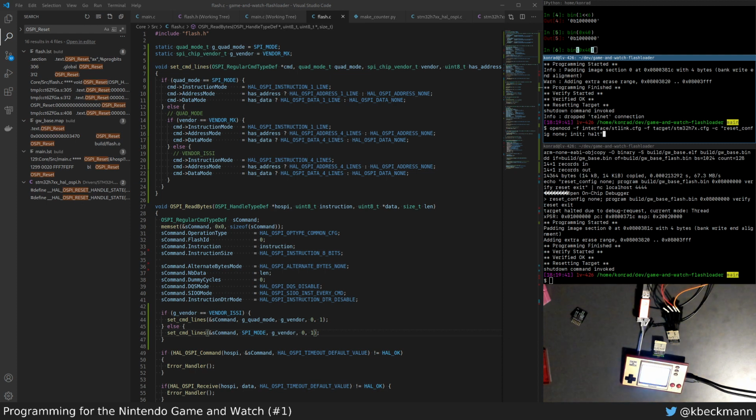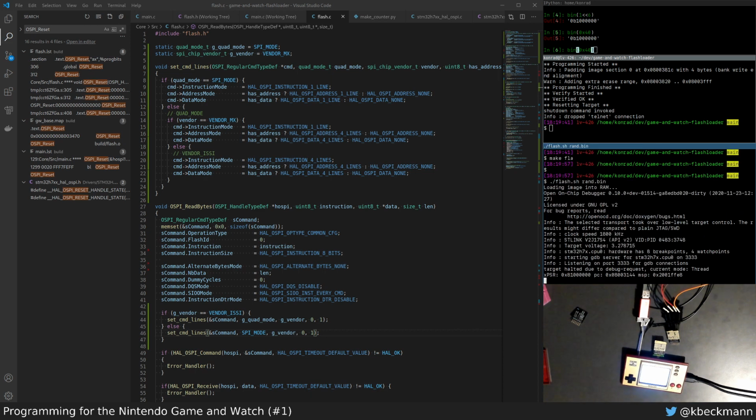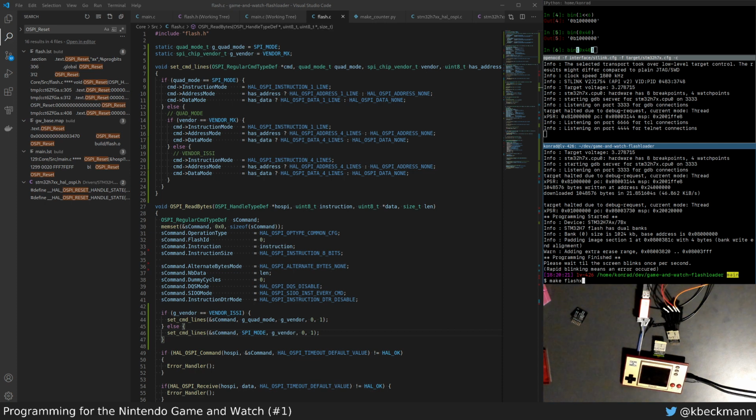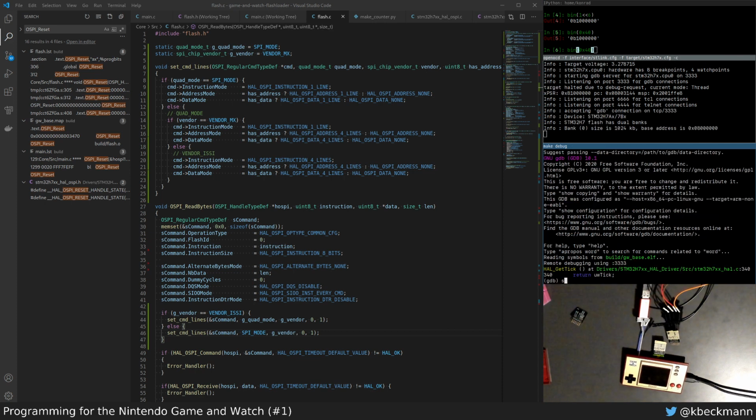Okay, I think I got it. So the issue was that my nice code, so to say, was a little bit too nice. It turned the read of the status registers into a quad read, which is not really correct for this chip. Okay, this works. Nice. So now let's see what happens if we go into the memory mapped mode and see what's...